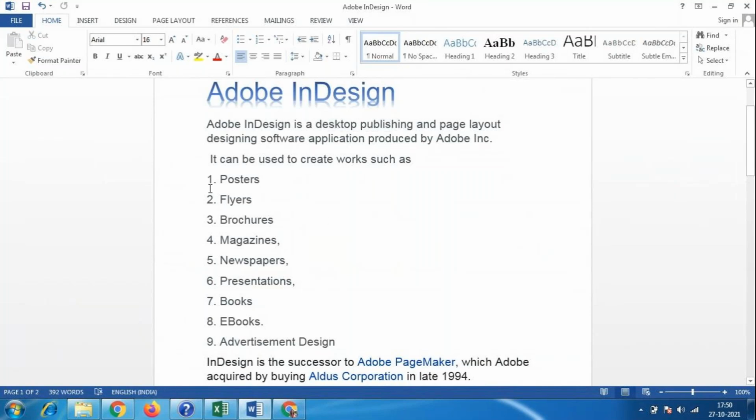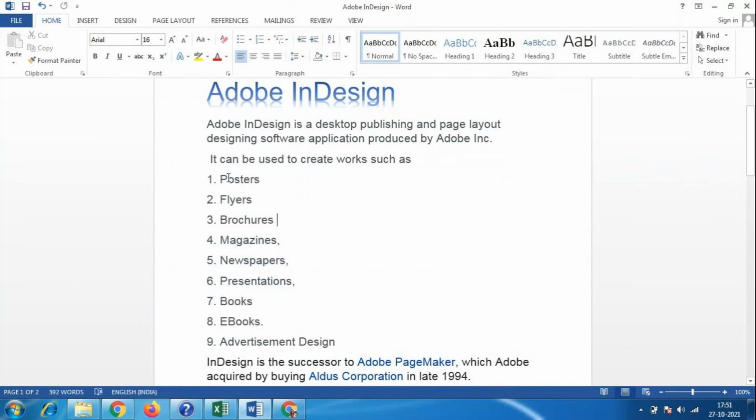Mainly, what designs are we making here? We are not making much fancy things here. In Adobe InDesign we don't have any cutting options, so we cannot cut the image, crop the image, combine images, or make collages. So this is a very simple software. Now, what is the use of this software and what things can we create using it?